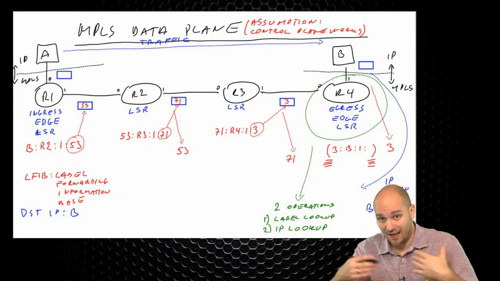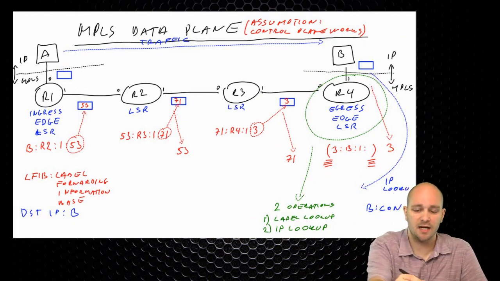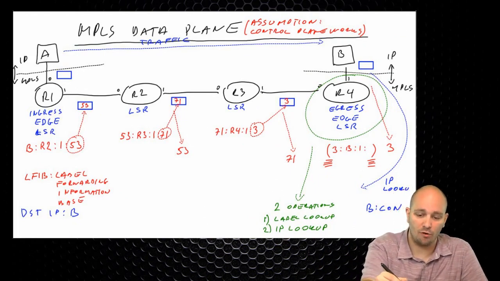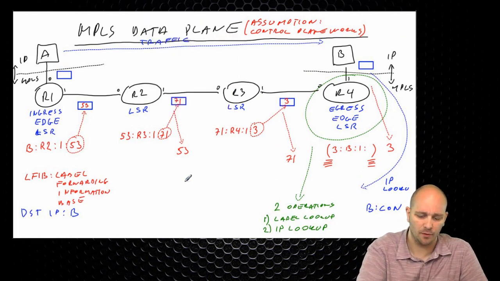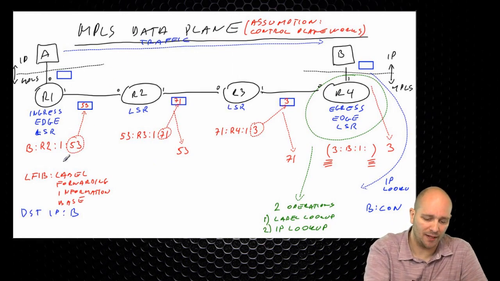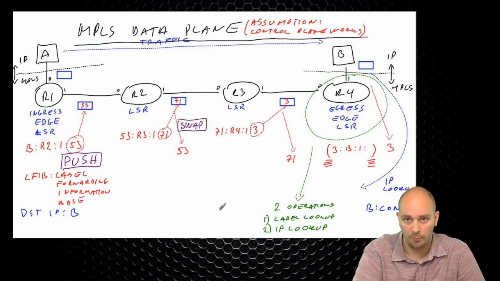So in order to understand what actually happens by default in Cisco routers, let's give these different operations a name. So this operation of actually taking a packet that did not have the label and installing the label on the packet is something that is called MPLS push operation. So this is where we say that we are actually pushing the label onto the stack. This operation here, where we took one label out and we replaced it with another label, is something that we call the swap operation. The similar thing happened here,